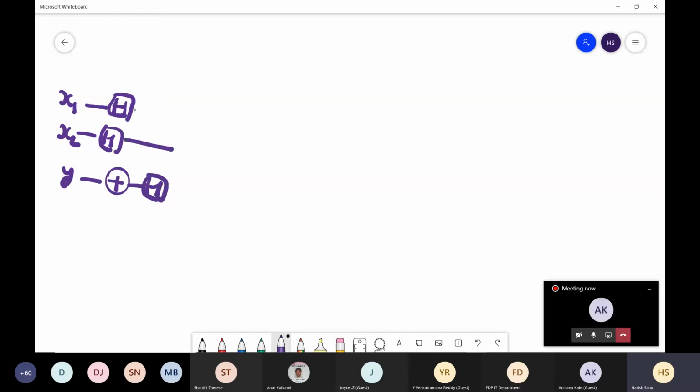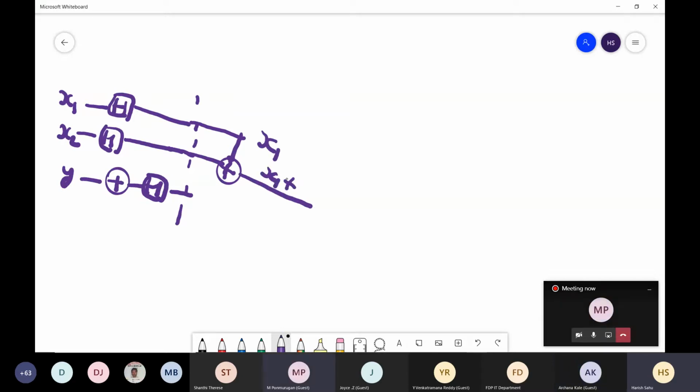Now, as some of you suggested, we apply C0 from x1 to x2. So here it will be again x1. What will we have here? x1 XOR x2.